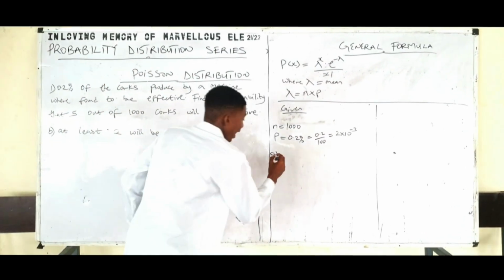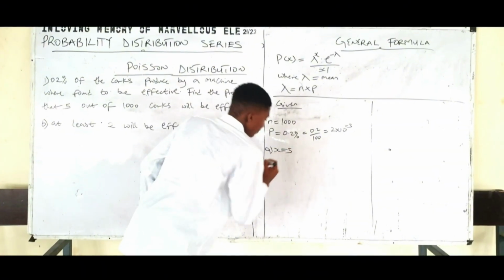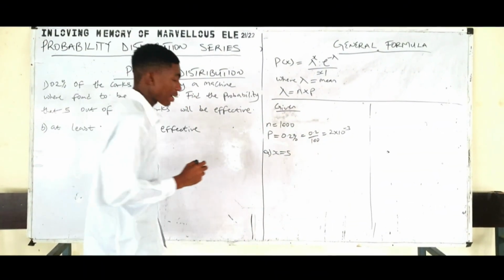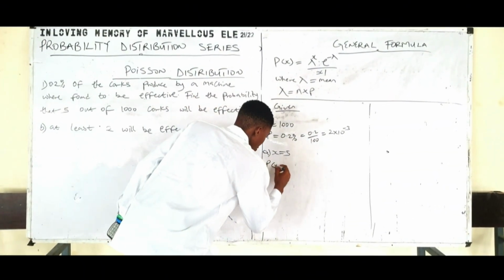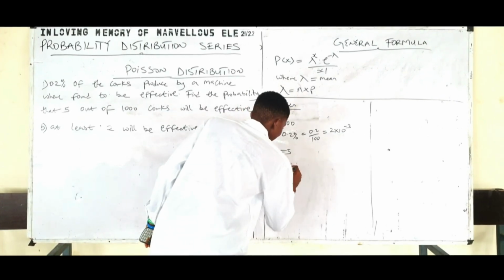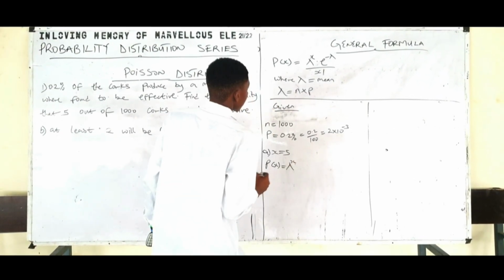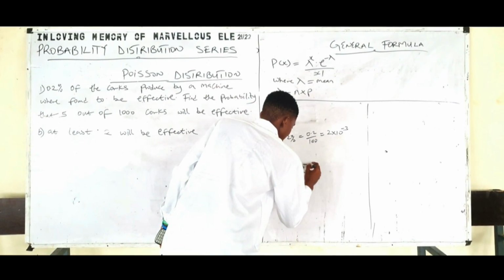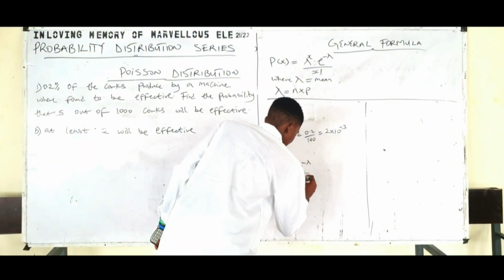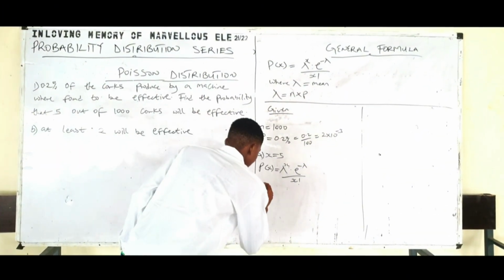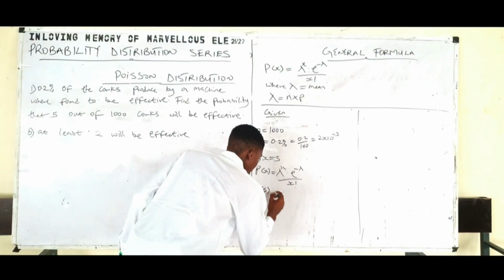Now, option A says find the probability that 5 out of 1,000 coats will be defective, meaning when X equals 5, let's set our formula. So the P of X equals what? Lambda to the power X times exponent minus lambda, all over X factorial. Meaning P of 5 now equals,